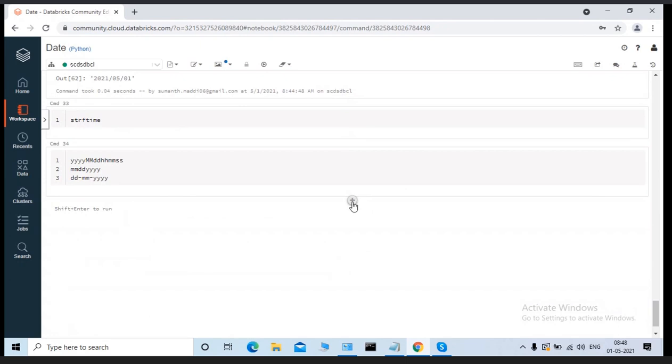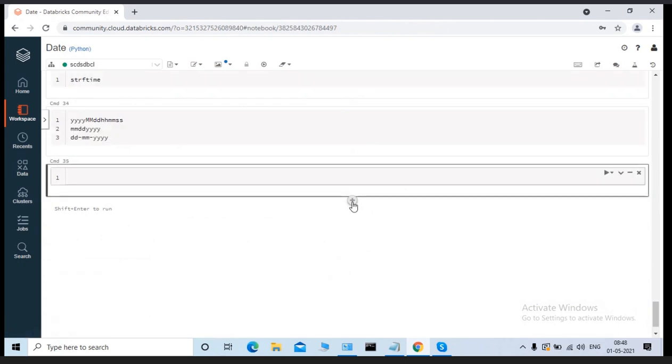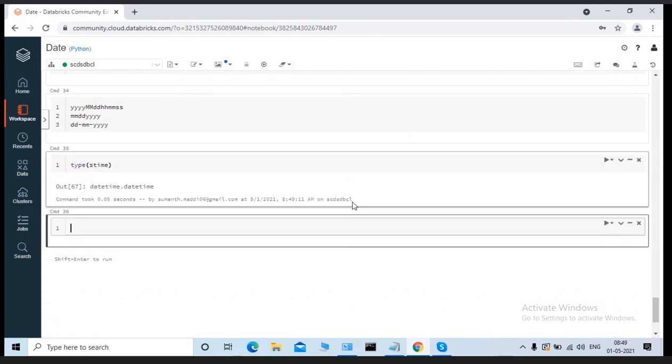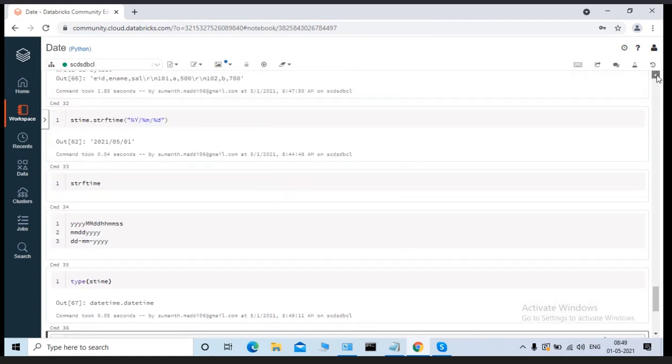Okay, so the opposite of the to_date function. What is the usage of the to_date function? It converts string data into dates. But your data is a date value only, not a date data type, right? Physically, your data is equivalent to a date value, but not the date data type. If I'm executing type of stem, it is a datetime, right? If I'm converting this value,